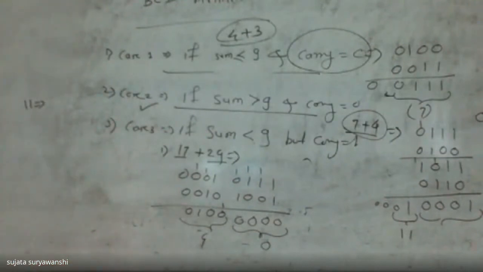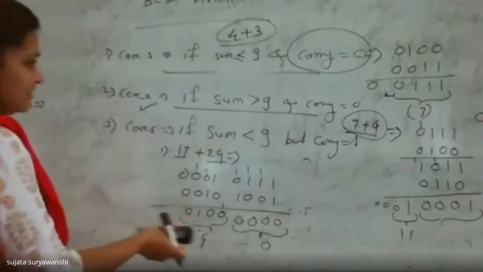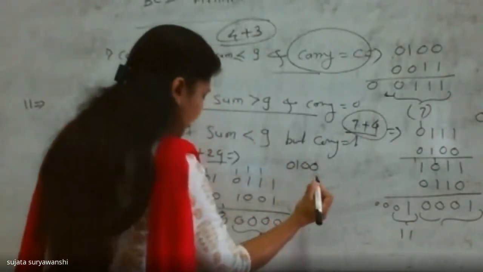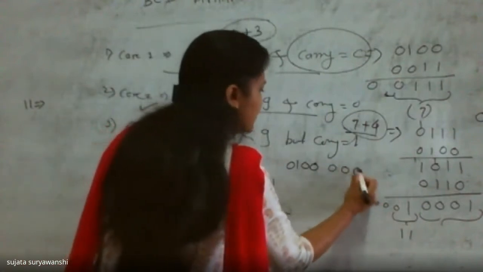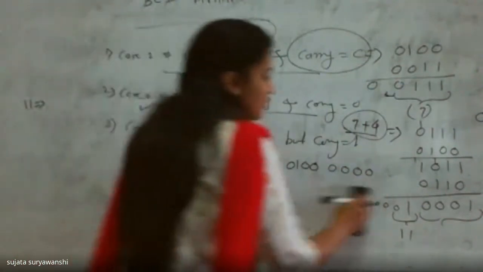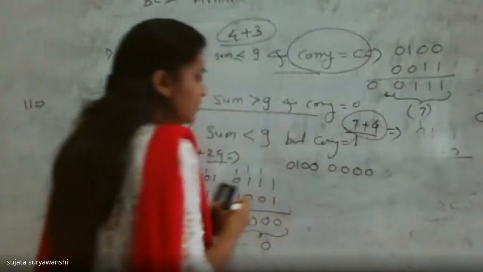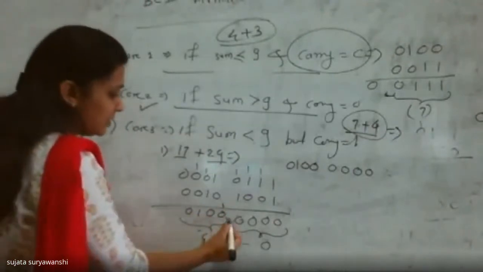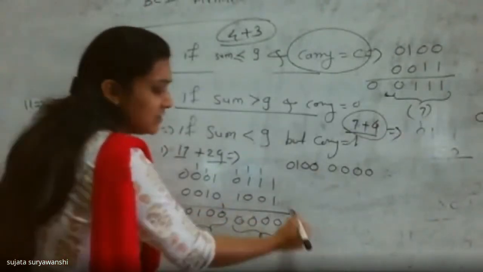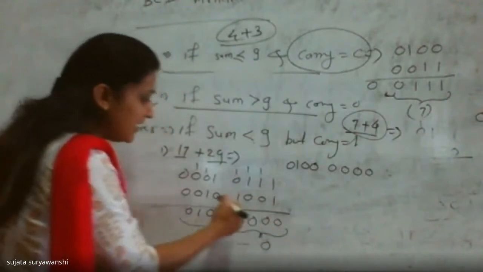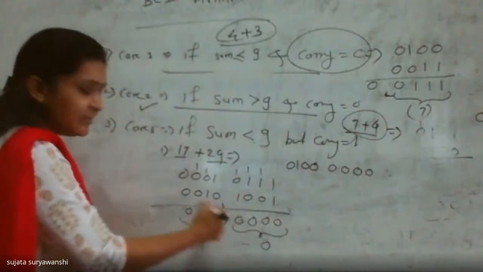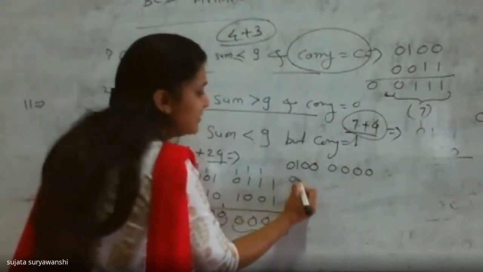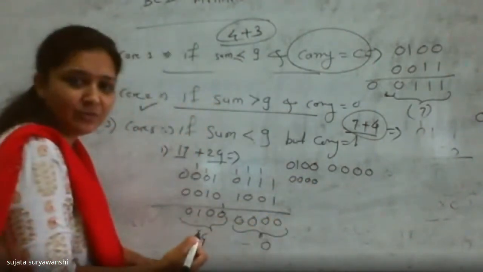Okay, so this is not your final answer. Your answer is 0, 1, 0, 0 and 0, 0, 0, 0 like this. To get your final result, you have to add 6 into that nibble only, not all nibbles. This is one nibble and this is your second nibble, but this nibble generates carry. This nibble doesn't generate carry. That's why just ignore this nibble. Don't add 6 here. I'm adding 0 instead of 6.